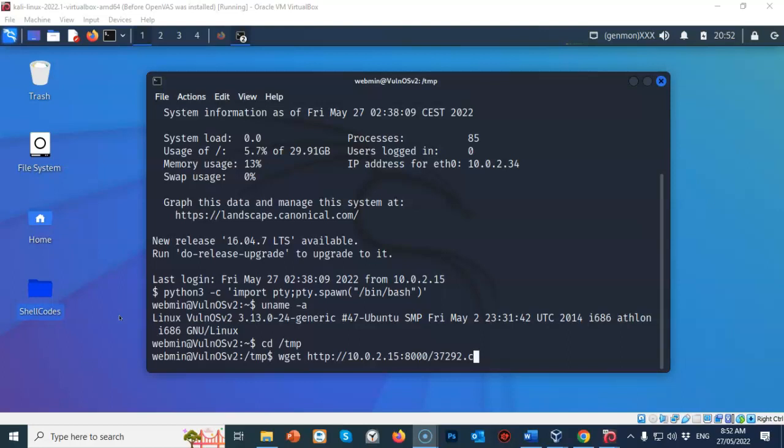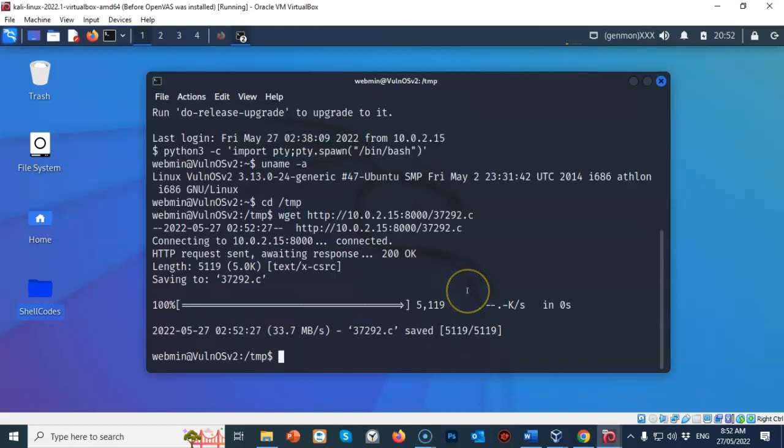That is 37292.c. Go ahead and hit enter. The exploit is copied over to our temp folder on the target very quickly, and now we continue on with